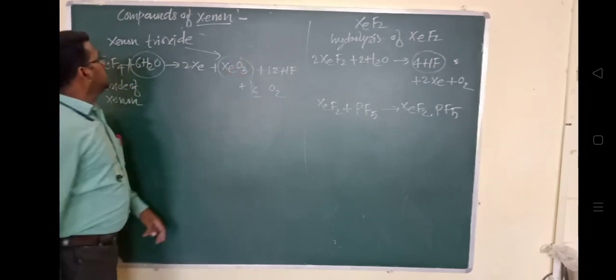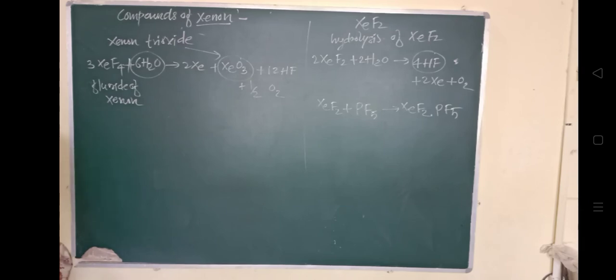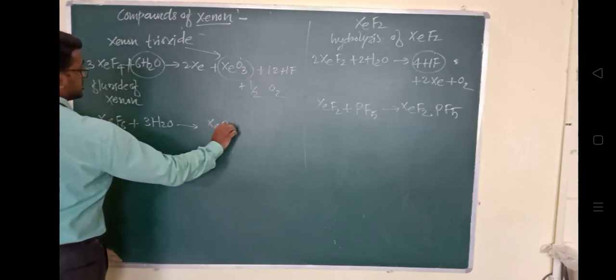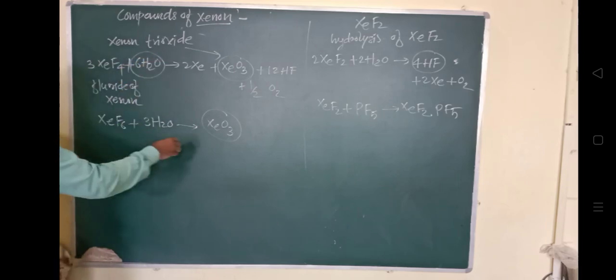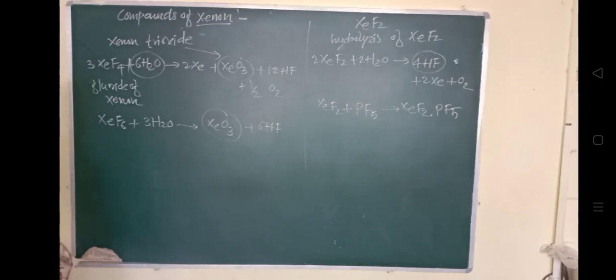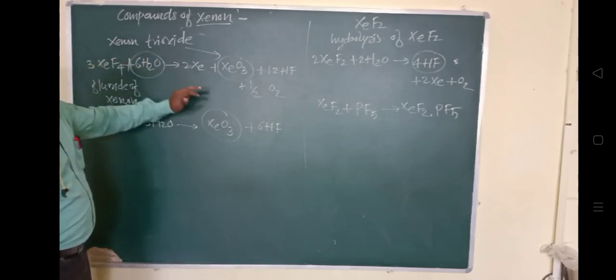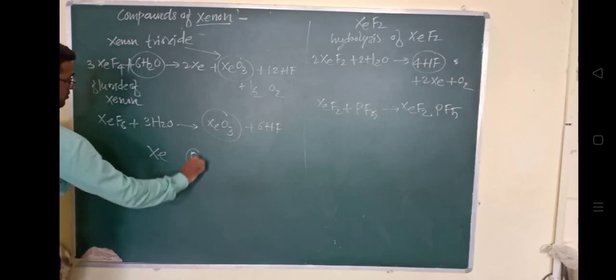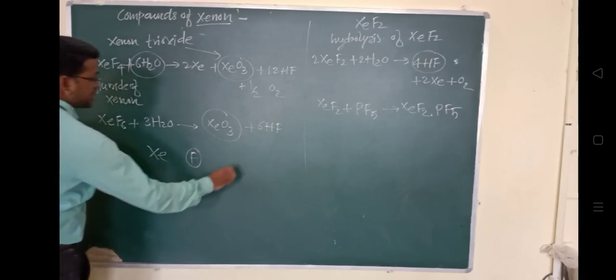Xenon is reacting with fluorine and it is also reacting with oxygen. So xenon when it reacts with fluorine forms xenon fluoride, and when xenon reacts with oxygen it forms xenon oxide. ये क्या form करता है? xenon oxide form करता है. जब ये fluorine के साथ रिएक्ट करता है तब ये xenon fluoride form करता है. So depending on its ratio, we have to understand.